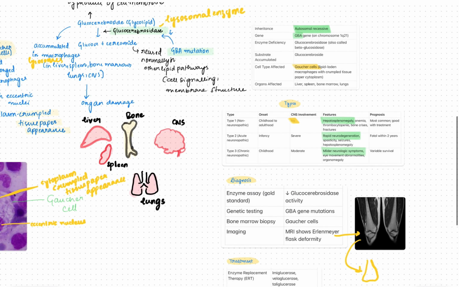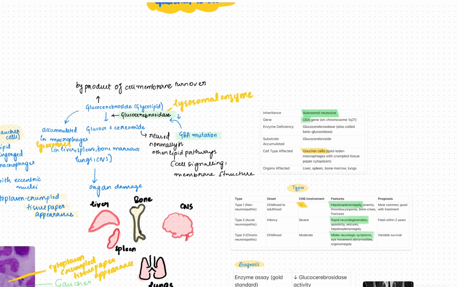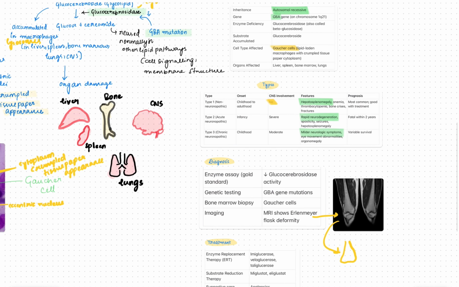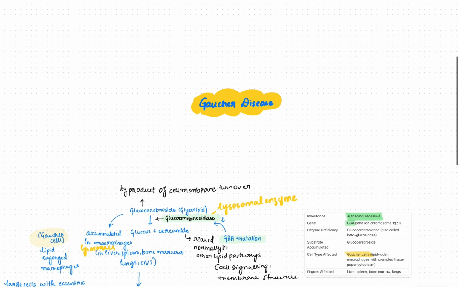So these are the important points. Things we have to remember: in type 1 there is no CNS involvement. Types 2 and 3 have CNS involvement. Type 3 has eye related problems and mild neurological symptoms, whereas type 2 is acute neuronopathic, with rapid neurodegeneration. The main cells are the Gaucher cells, which have eccentric nuclei with crumpled tissue paper cytoplasm. On MRI we can see the Erlenmeyer flask deformity. So these are the important points in the